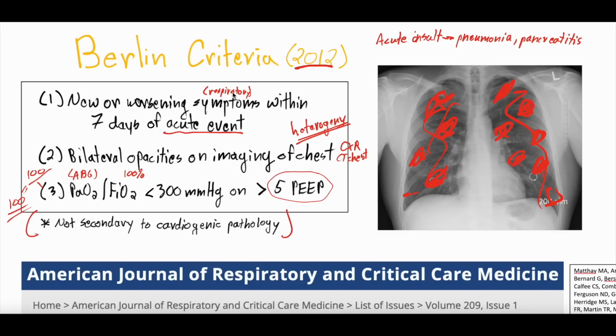Okay, you need new or worsening respiratory symptoms within 7 days of an acute event. Okay, you need bilateral opacities on imaging of the chest that are not explained by pulmonary edema from the heart alone. You need a P to F ratio of less than 300 millimeters of mercury on more than 5 of PEEP. But